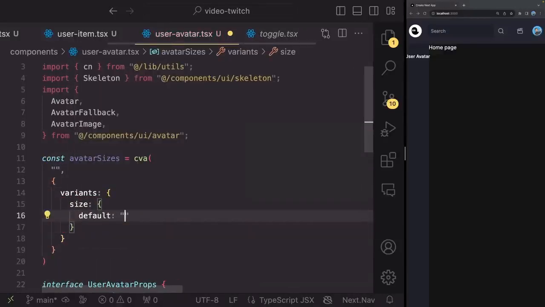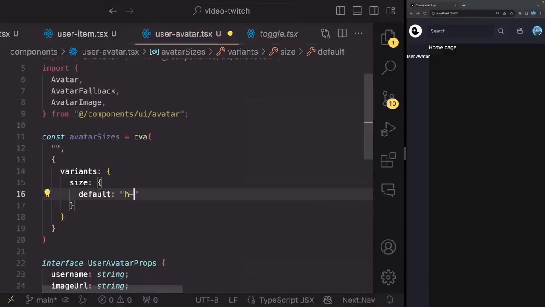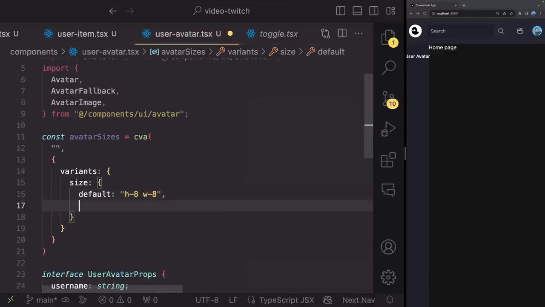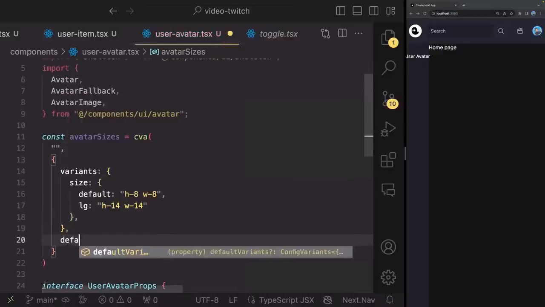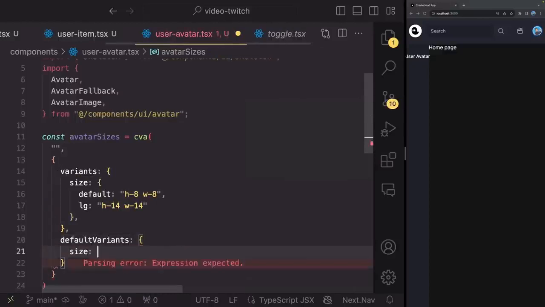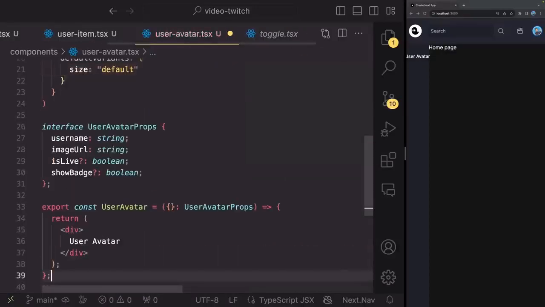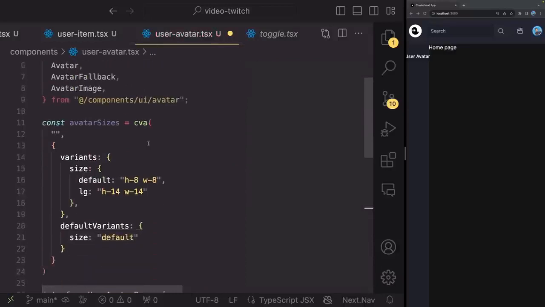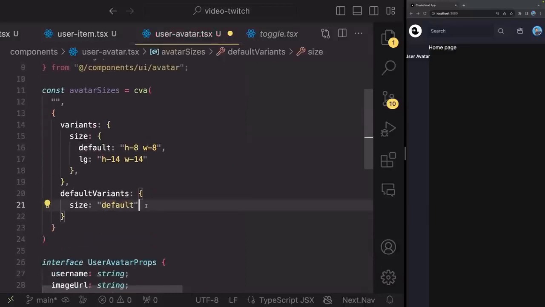The default size of this avatar is going to be h-8 and w-8, and the large is going to be h-14 and w-14. And now let's give it some default variants here. So I wanted to always use the default size. Whoops, my apologies. I wanted to always use the default size unless the user, or in our case developer, specifically tells us that they want a